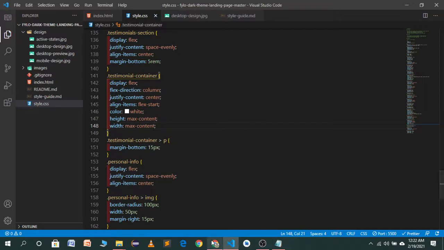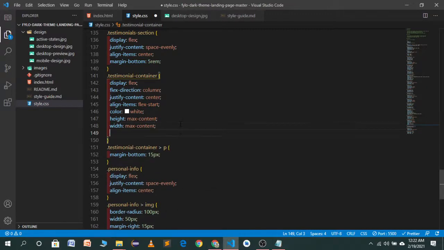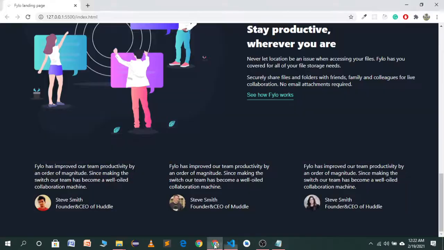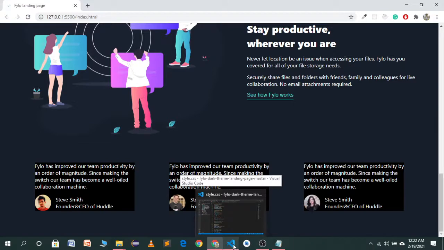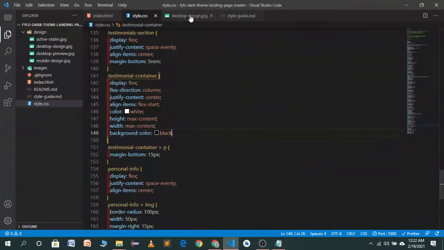Let's see how it looks. Let's give it a background color of black. We will change it later, but let's see. So we want to increase the padding of our container.